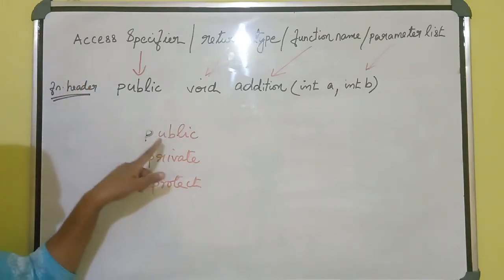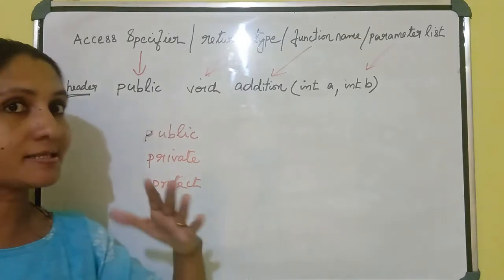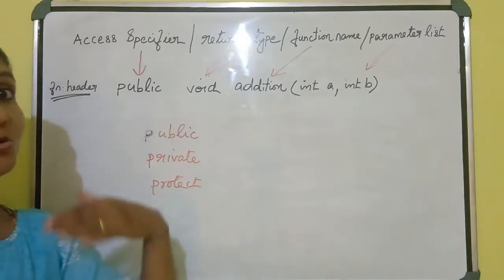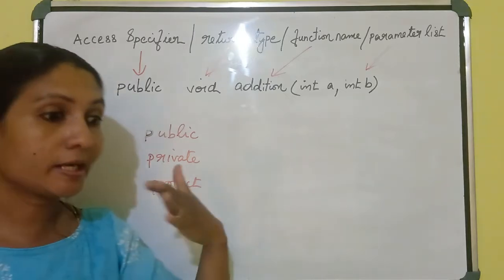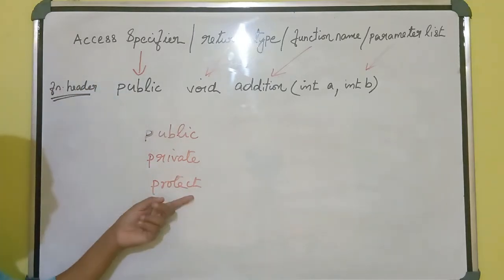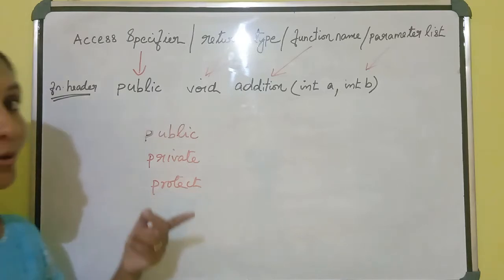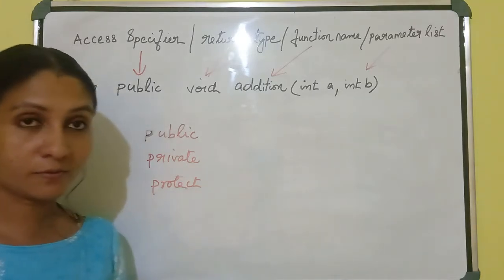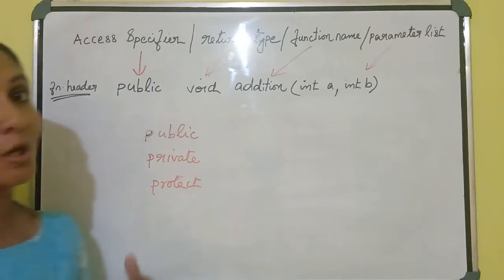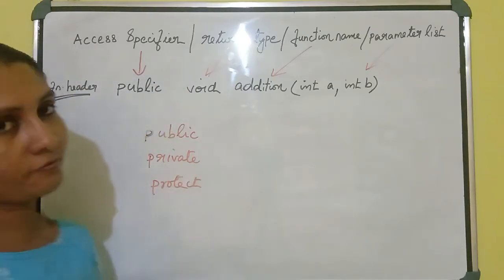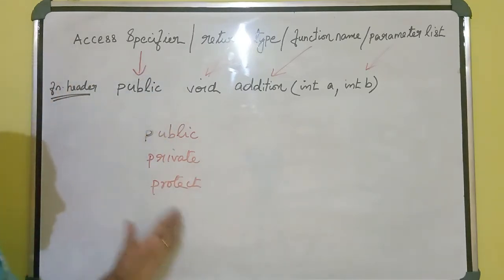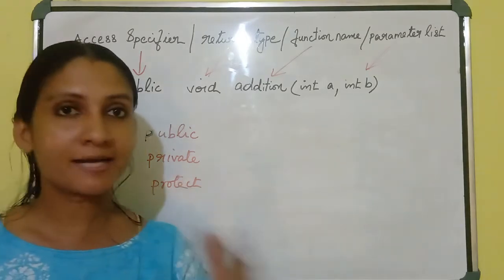Once more I will explain. Public is used to give access to members outside of the class, but private is used to access only inside the class members, but protected is used so that members that have the permission, or inherited class members, can access this function. These are the three different types of access specifiers.